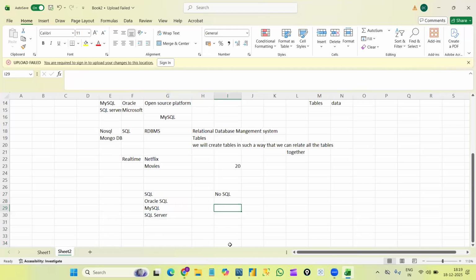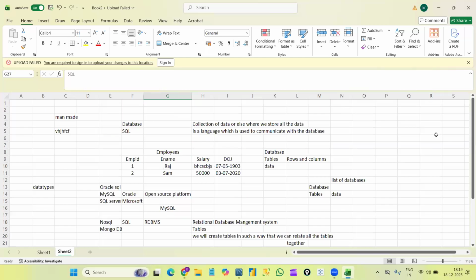But NoSQL is again a different thing. And the tool that comes under NoSQL is MongoDB. This is again different. It's not like if we are learning MySQL, we can use MongoDB. That is a completely different thing. So what are the databases coming under SQL? All are same. And what is the difference between SQL and NoSQL is, as we know, we will